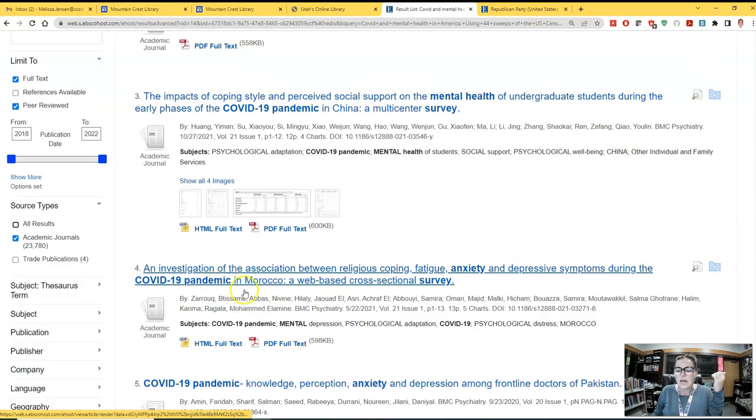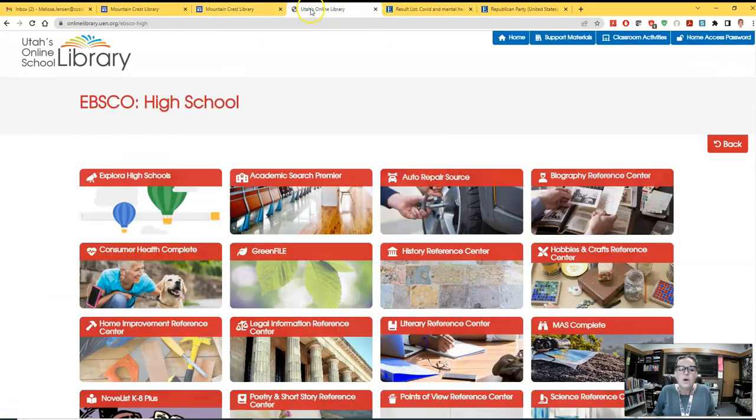That's how you use, again, the Explorer or the Academic Search Premier. Go ahead and use those. Practice, work on them when you're doing research,